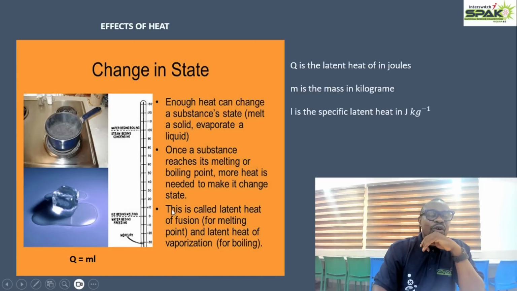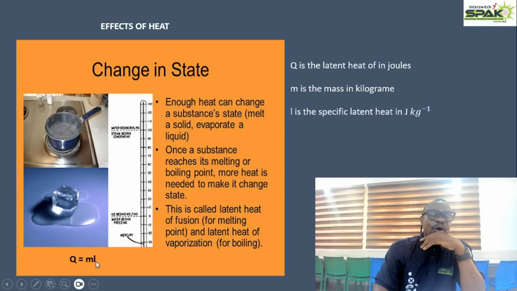Please, I want you to take note of this particular equation. Q is equal to mL. It is the heat needed, the latent heat needed to change matter from one state to the other. Remember, if you are changing the state of matter from solid to liquid, the latent heat is referred to as the latent heat of fusion. But if you are changing it from liquid to